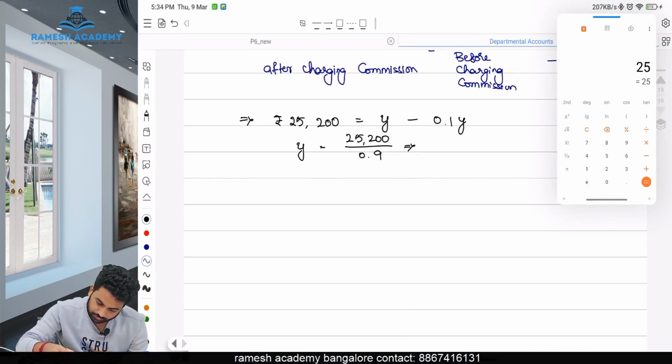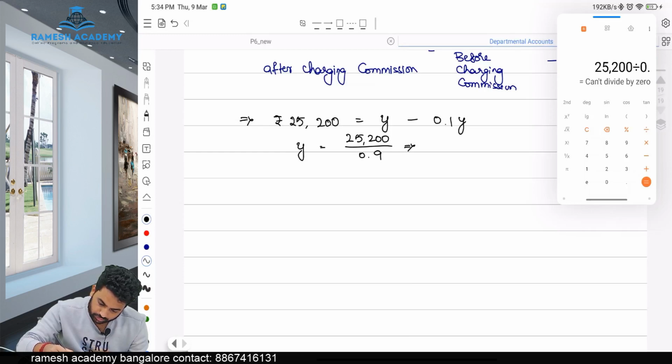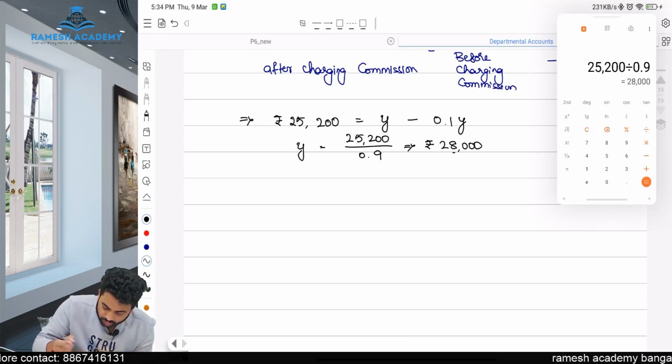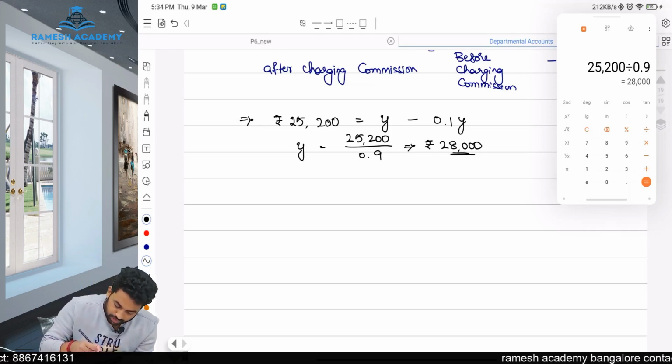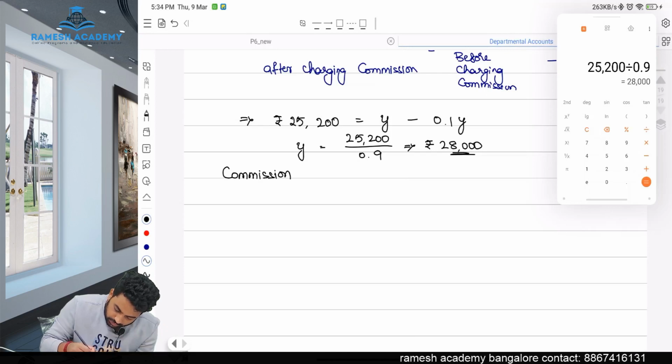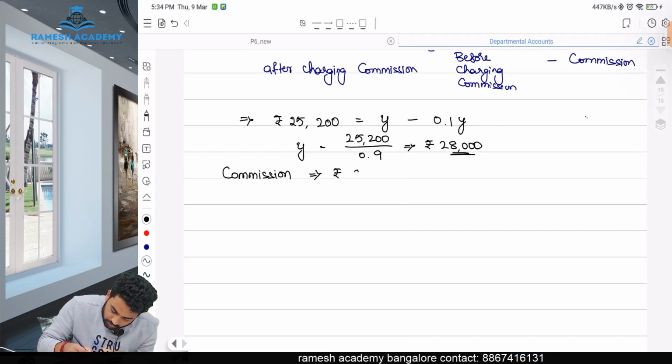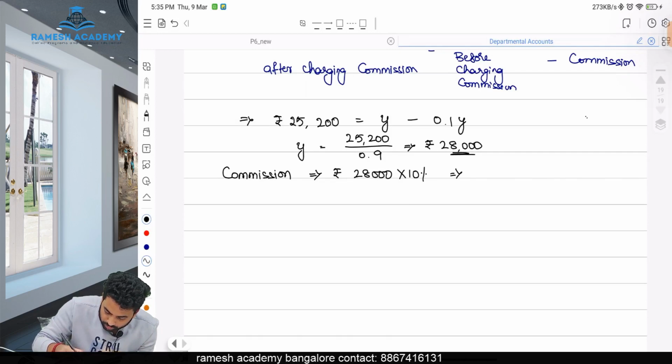$25,200 divided by 0.9 is 28,000 rupees. Okay, boss. 28,000. On this, how much is the commission? Commission is rupees 28,000 into 10%, which will come to 2,800